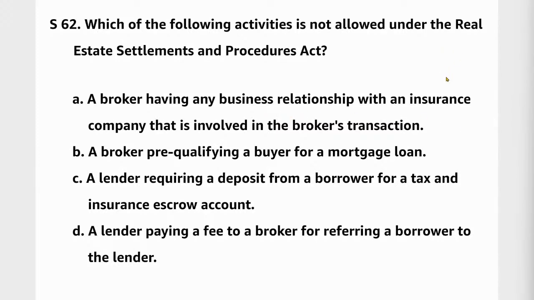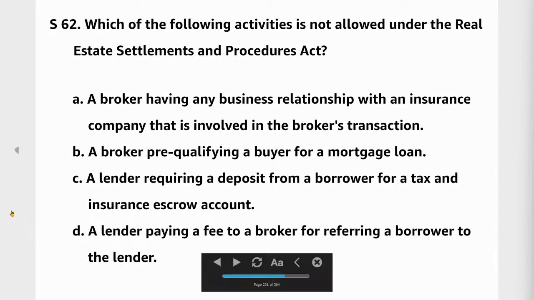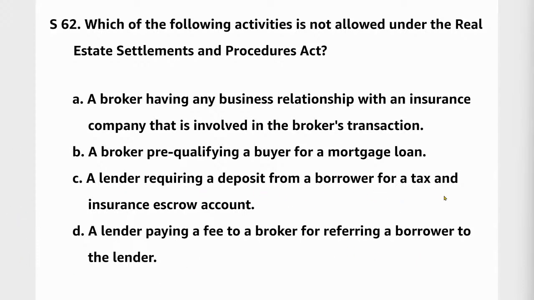Because that borrower is going to need an insurance company. The 1 year insurance is going to be going into the settlements statement, the closing disclosure. They have to buy 1 year's insurance. Lender will require that. And we can pre-qualify a buyer verbally, find out whether they meet certain things or not. A lender requiring a deposit from a borrower for a tax insurance escrow. Yes, that's the escrow account, like a little savings account to pay for property taxes and insurance when they come